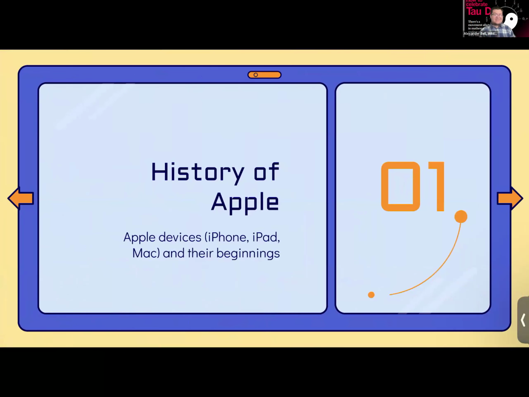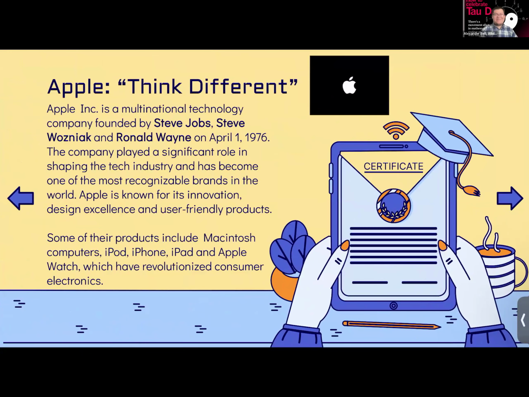So first up, just some history of Apple and Apple devices and their beginnings. Apple's motto, or their slogan, is Think Different. Apple Inc. is a multinational technology company founded by Steve Jobs, Steve Wozniak, and Ronald Wayne on April 1st, 1976.